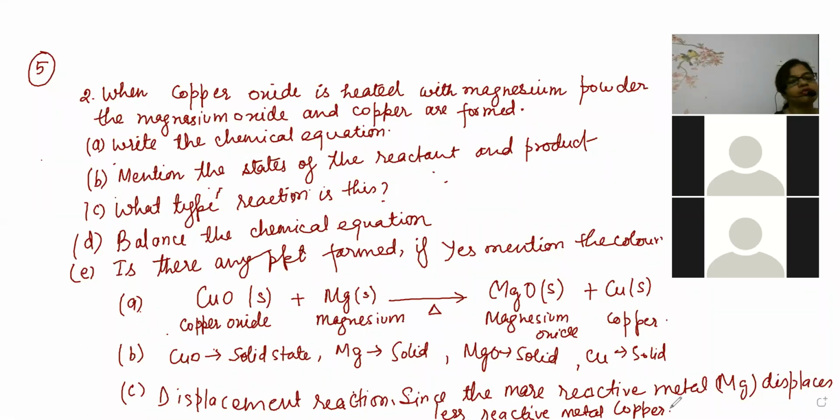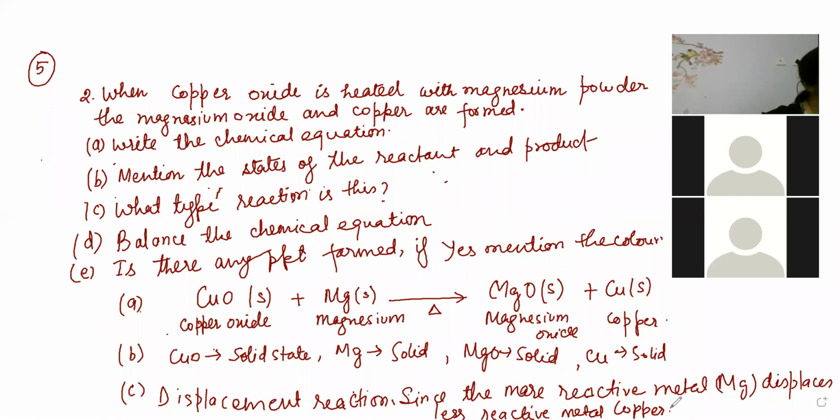Calcium oxide, you already know it is a solid state. Magnesium is a metal and it is solid at room temperature. And definitely no liquid is involved here. And it is directly going for heating. So it is self-understood. Let me see who has given this answer. Arif has given a complete answer.